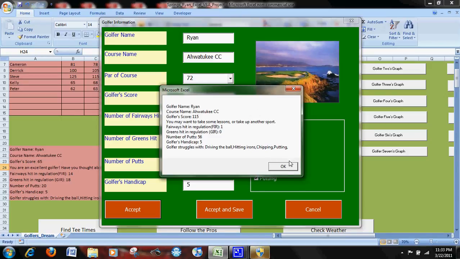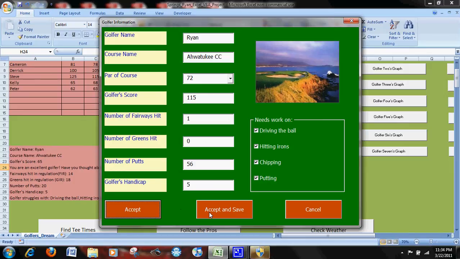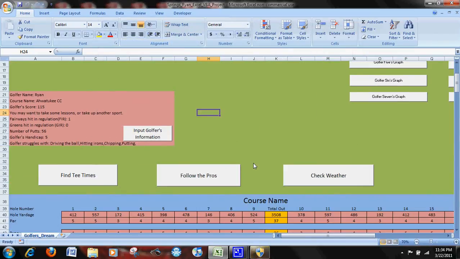golf's an amazing sport. You can play it for your entire life. Once again you hit accept and save, and it'll change whatever data is in the designated area in the worksheet. Moving on, I created buttons that link that'll take you to various websites that are very helpful